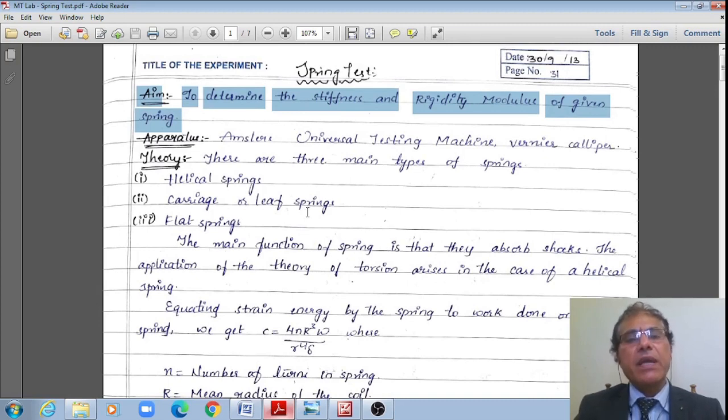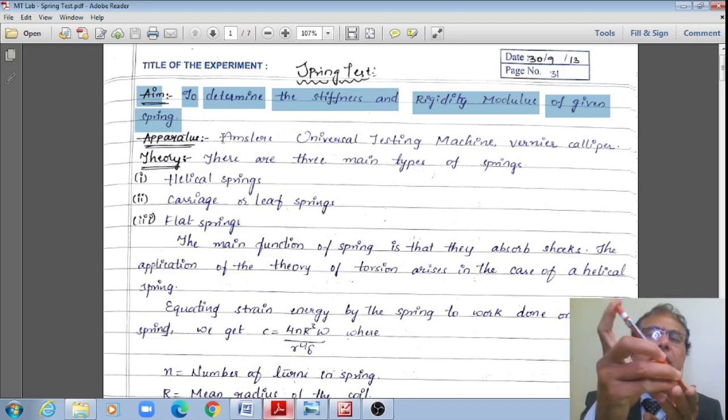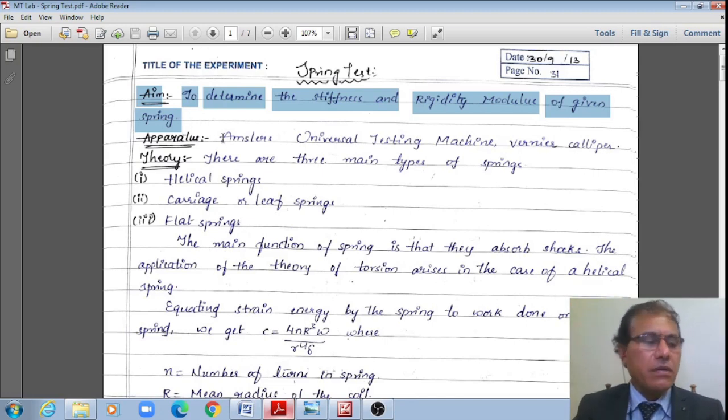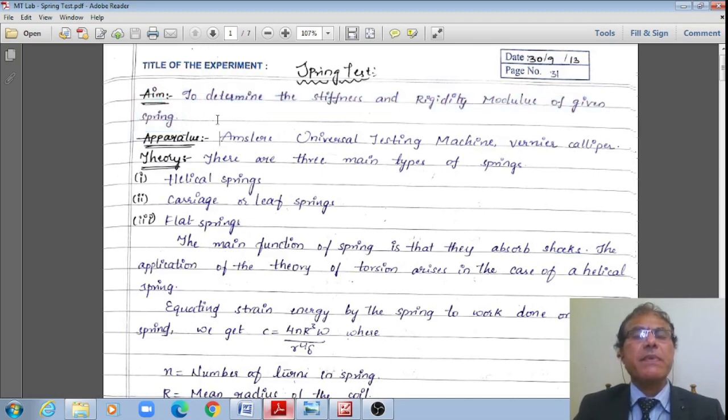Or even if I take the railway wagons, they are supported on springs, massive springs. Even the lorries or trailers will have leaf springs. A bicycle will also have one for the stand. That spring will be under tension, whereas these springs will be under compression. The bike has tension as well as compression both. That is how these springs may be under compression or tension.